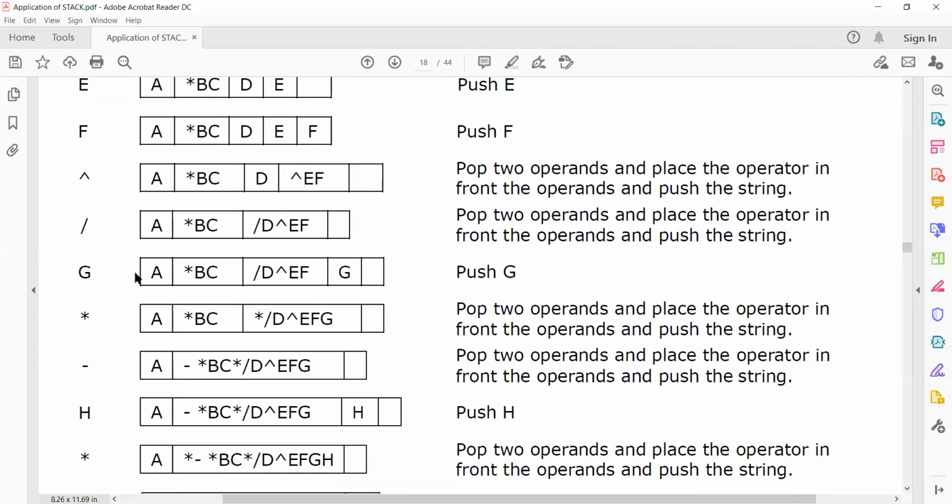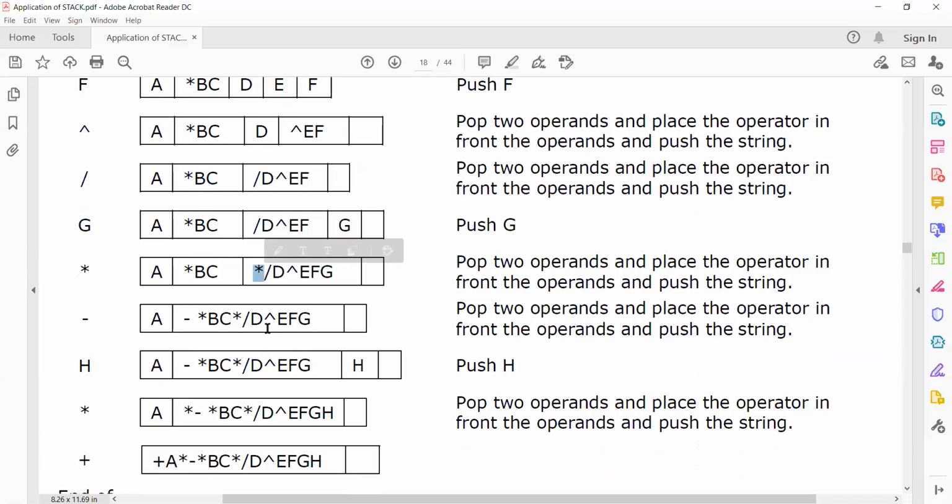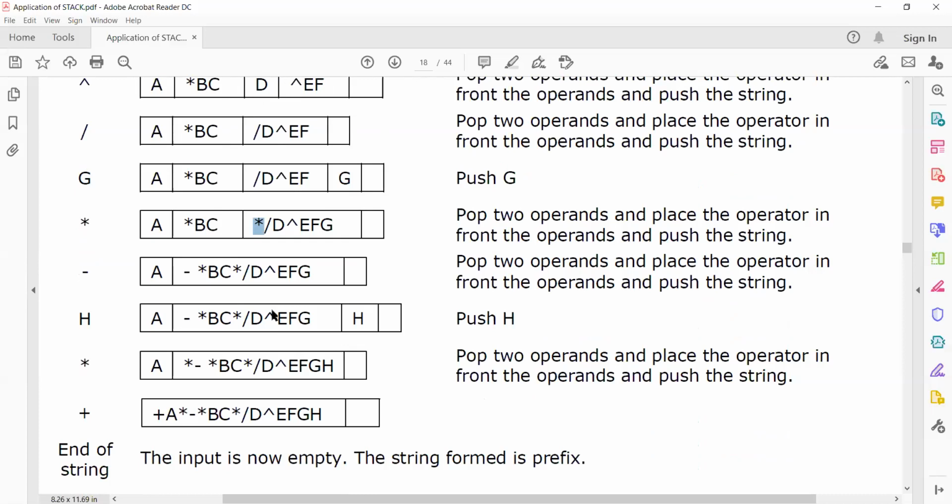Again G comes, placing it in the stack. Then multiplication comes. What happens? This is one string, this is one item, this is one item. Just pop 2 items, place the multiplication before the string and place it back into the stack. Like this, it goes on.